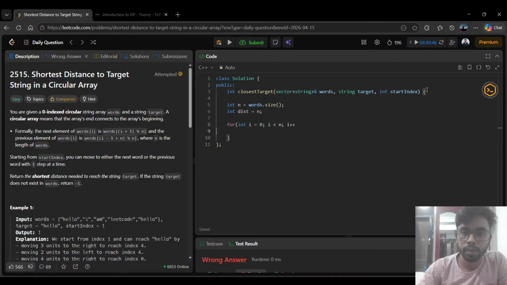Right? If what happened? Something has happened, I think. If words of i equals to target,